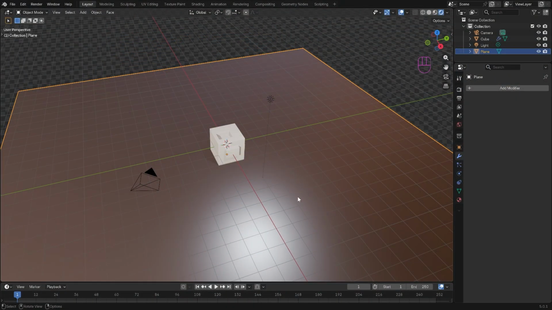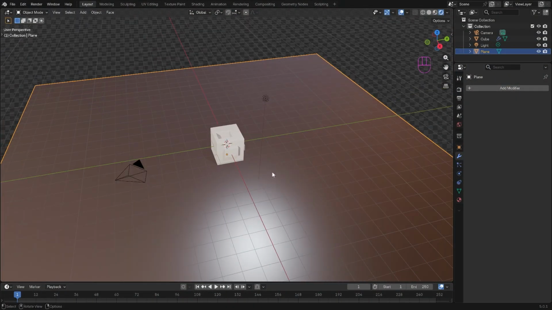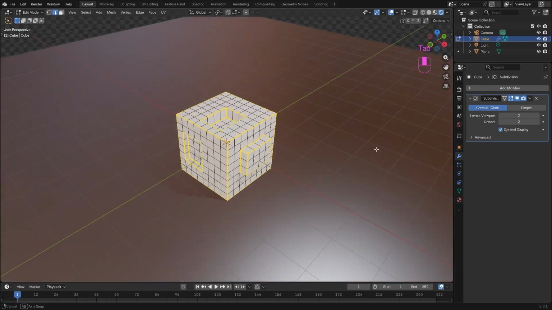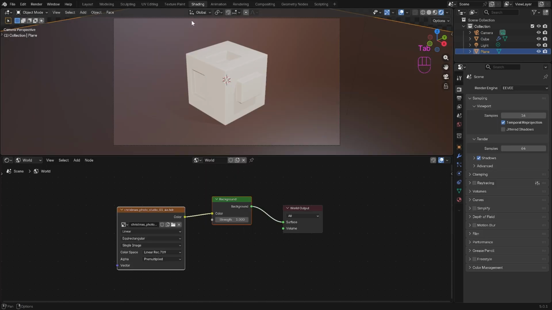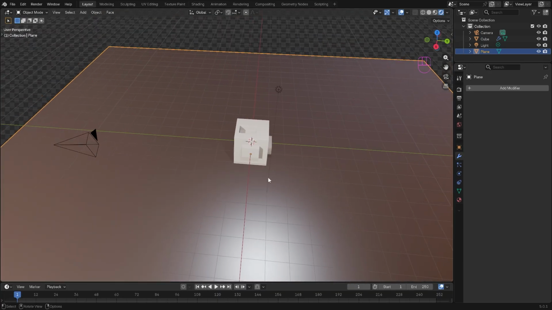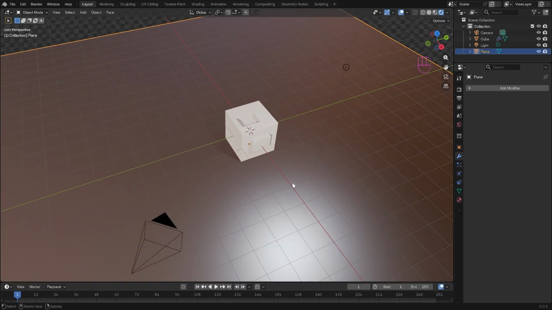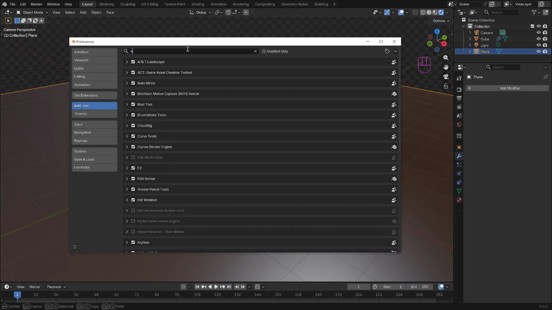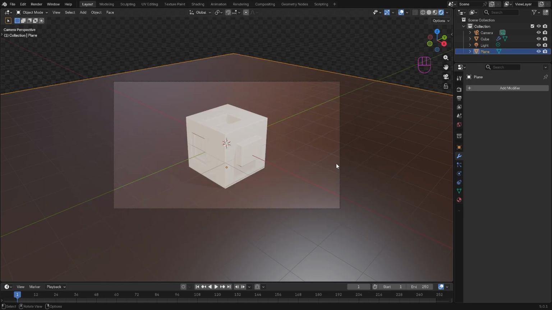So open a new blend file, and I will actually use the default setup this time. So the default cube is probably super happy. I've added a plane as a background and an HDRI as environment texture to light the scene. There's a link to the free HDRI I used in the description below. Before we get started, make sure you have the Node Wrangler add-on enabled. Just search for it under Edit and Preferences and Add-ons and check the box.